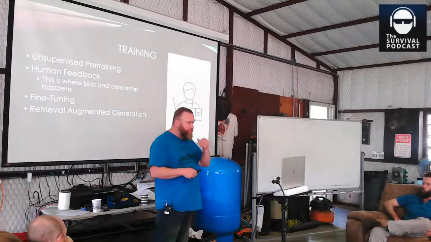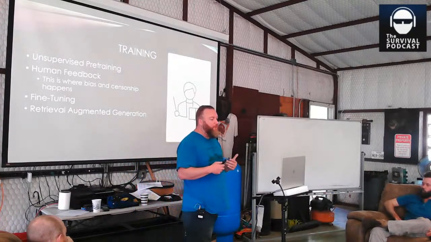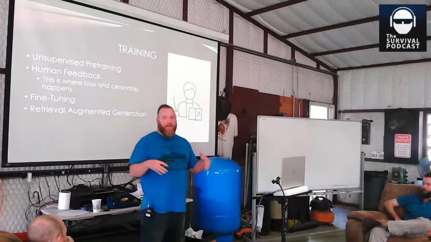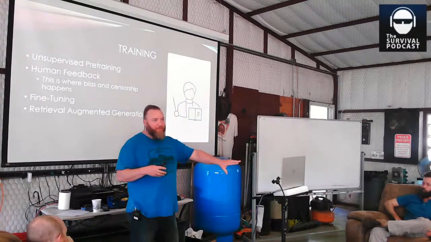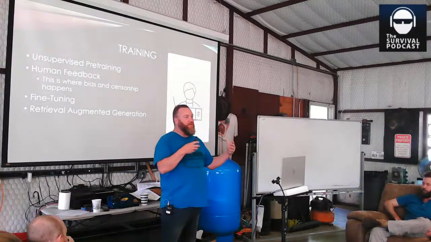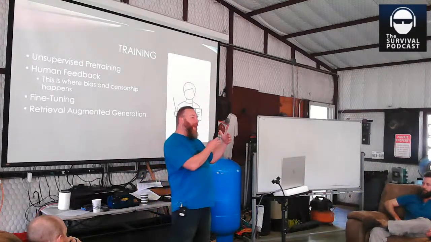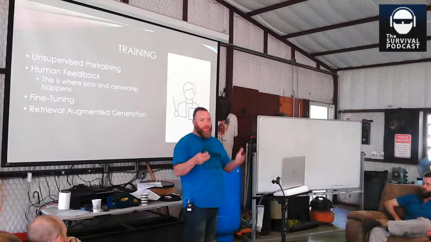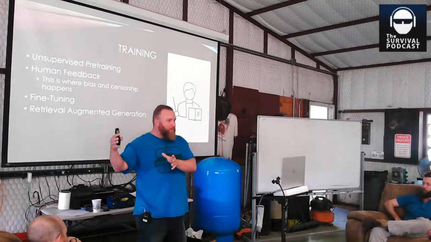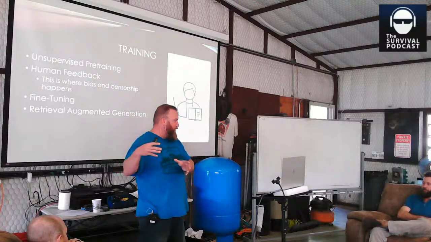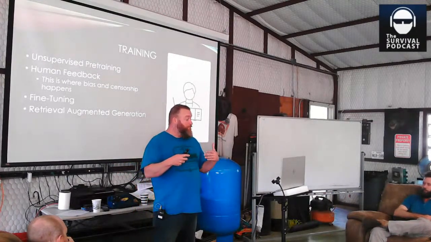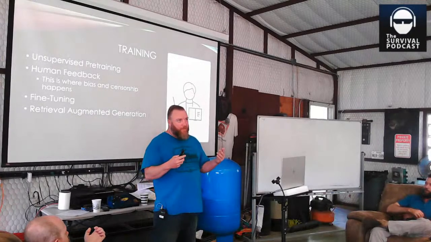Okay, that's today. And then you've got something called retrieval augmented generation. What that is, is you're taking an LLM that's already been trained but not fine-tuned, and you're giving it a data set, and you're essentially telling it to check that data set when it gets asked the question. So it's got all of its knowledge that was poured into it when the model was created, but then you've also got the ability to take data that is new, right?